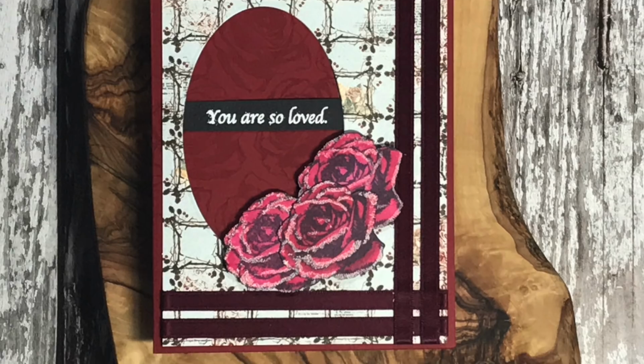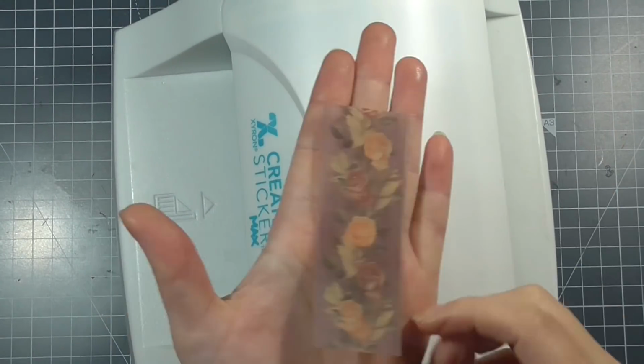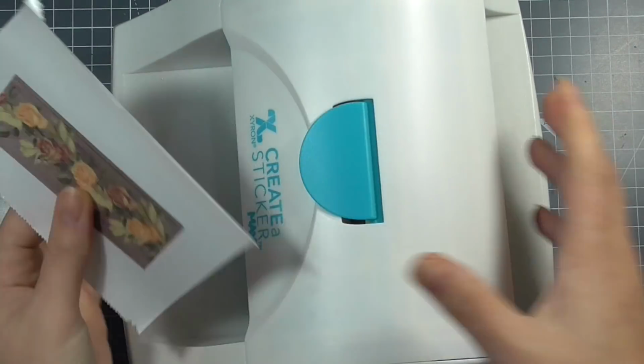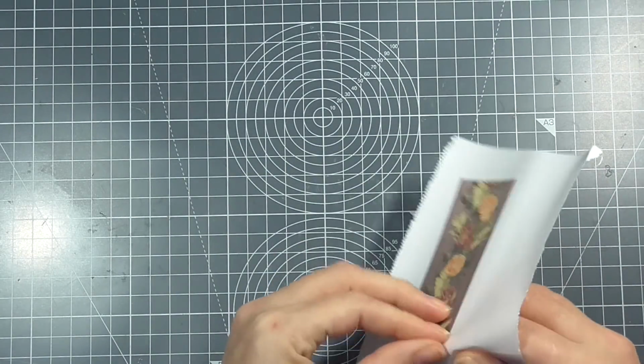Okay, so I think I said that was my last card, but I totally lied. I can't count. That was card number 9. This is my last card. This is card 10. So I've got a section of vellum again that I've actually trimmed from a piece